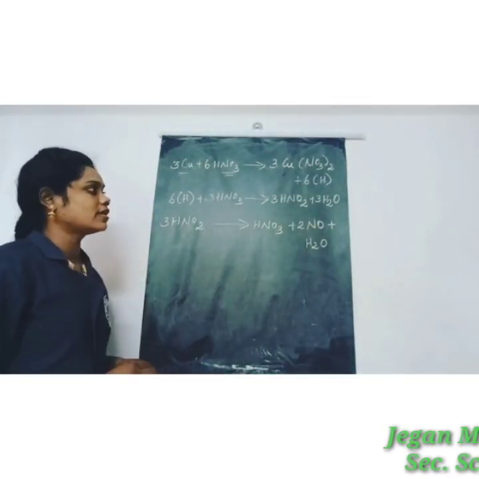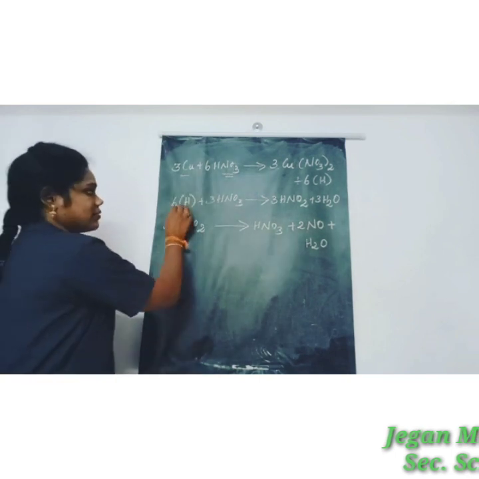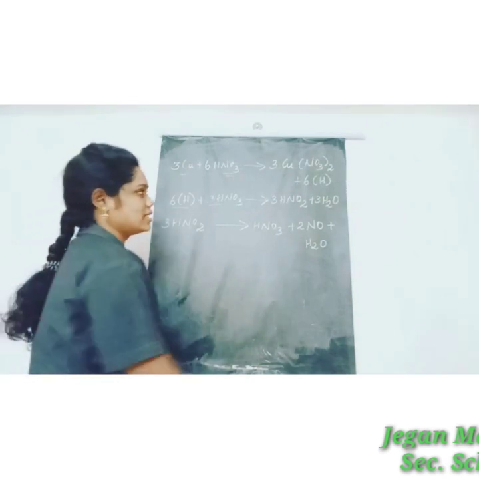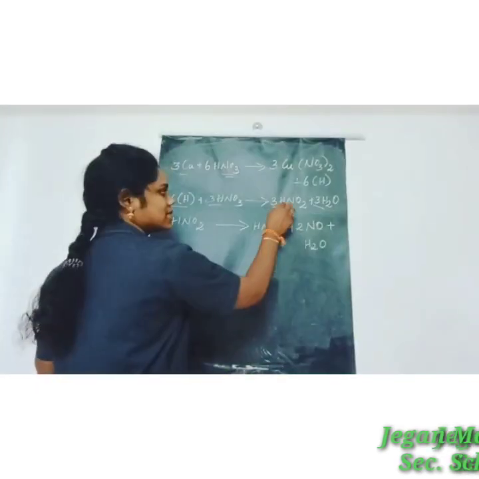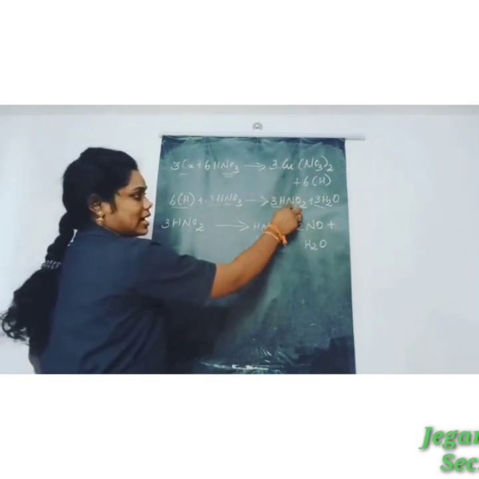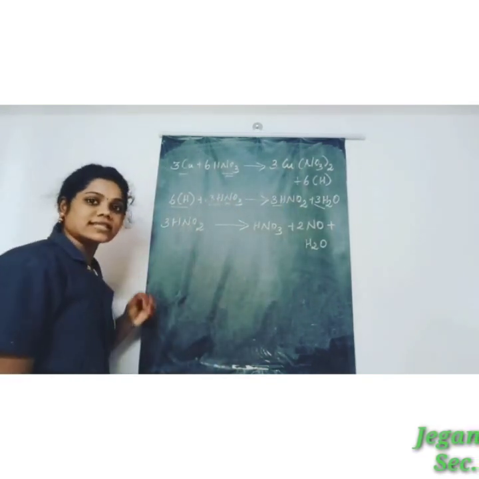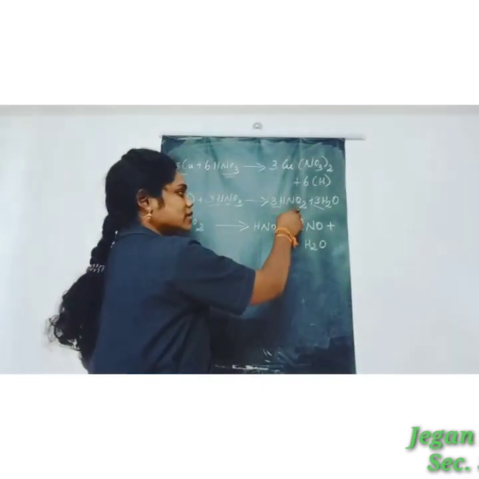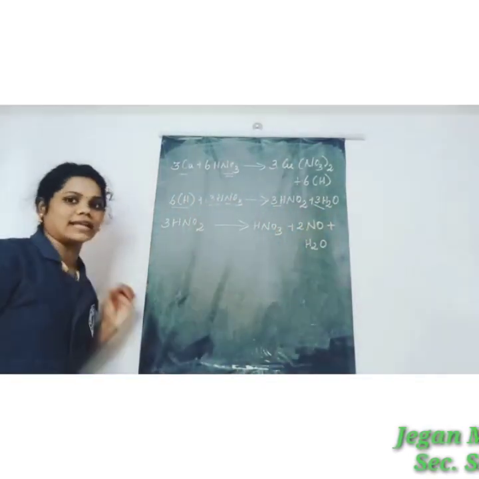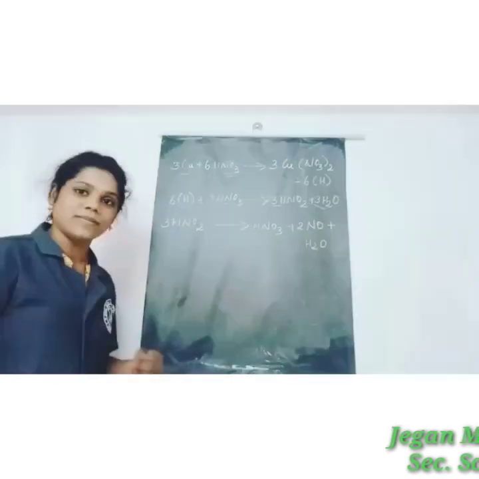And then see the second equation. So here 6 times of hydrogen plus 3 times of hydrogen, totally 9 times of hydrogen. So here 3 2s are 6 plus 3, 9 times. And next one, nitrogen 3 times, so here also nitrogen 3 times. And oxygen molecules, here 3 2s are 6 and 3, 9, so here 3 3s are 9. So the second equation is also balanced.